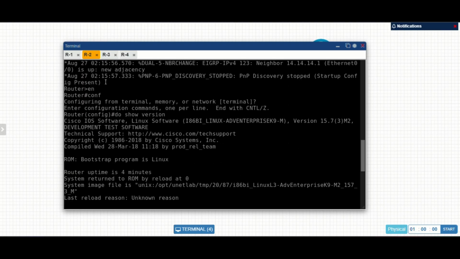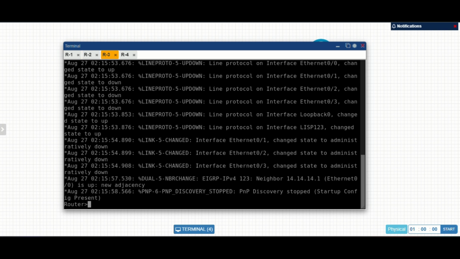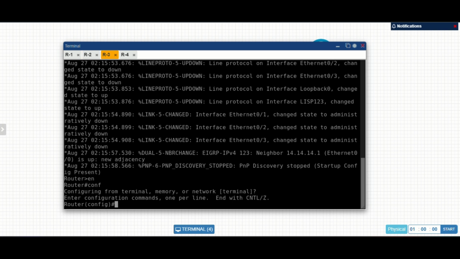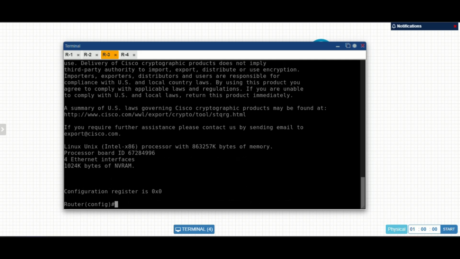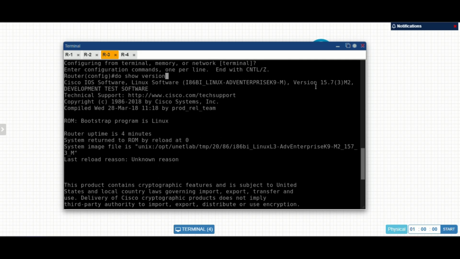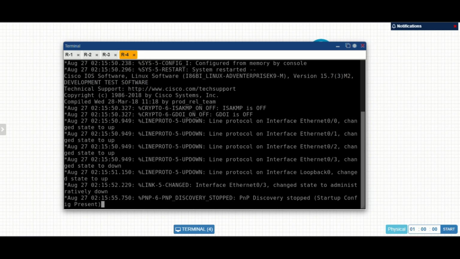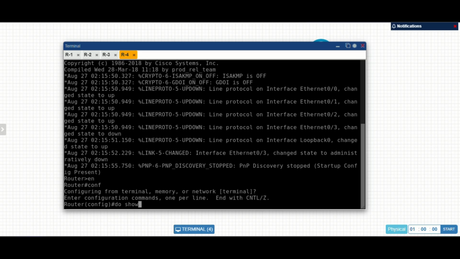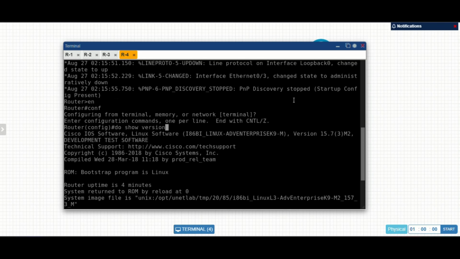Wait a minute. And same, 15.7. Next, in the router 3, also the same version. Okay, the last one, same version. So we already made sure that all four routers have the same version.